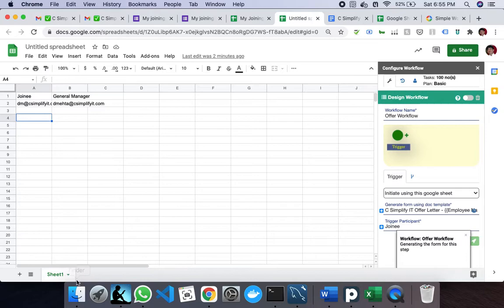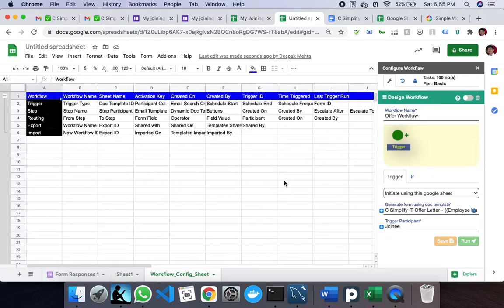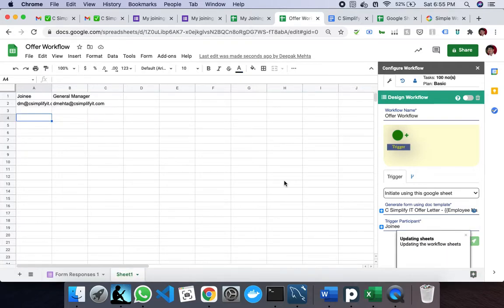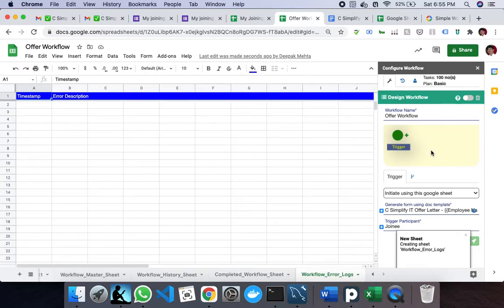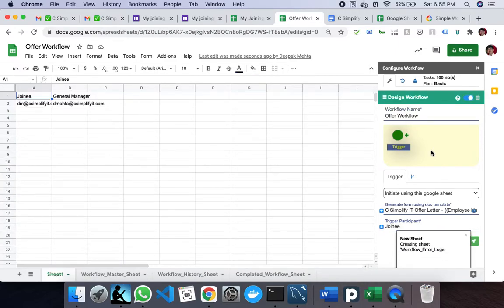It will create different tabs here, and these tabs basically will save the information or configurations as we need. As I mentioned, for this reason only we have to get some permissions from you. No information is transferred to the server or anything. It remains within your ecosystem until and unless you wish to send some information to somebody else. So this trigger is now defined.